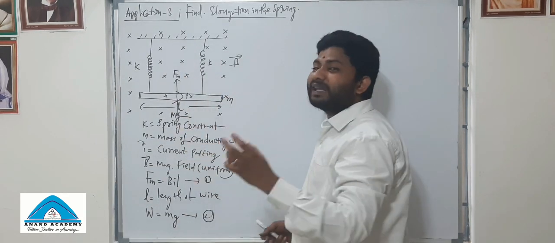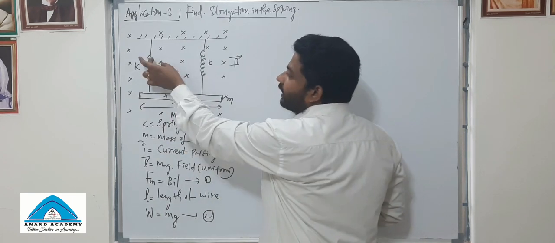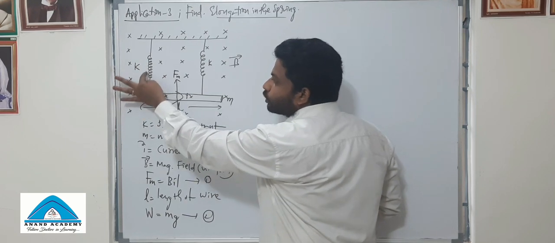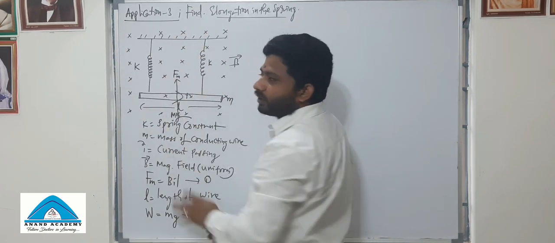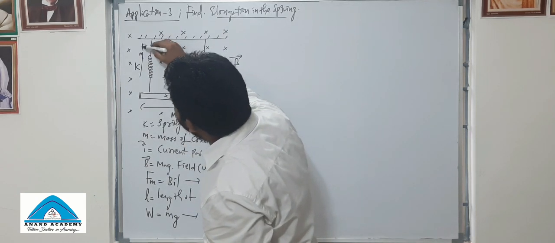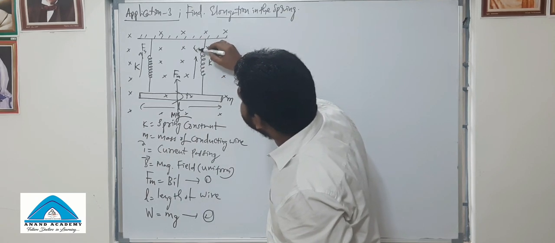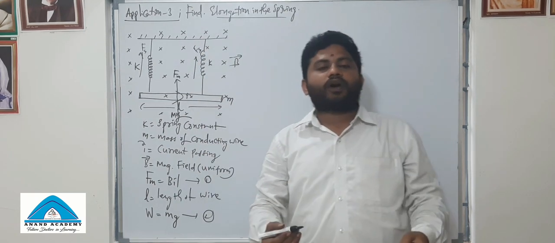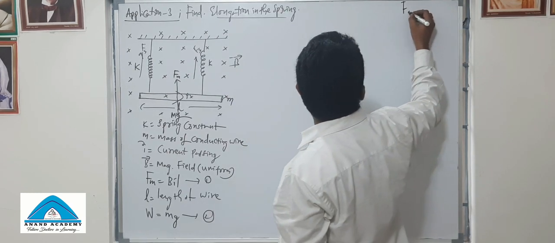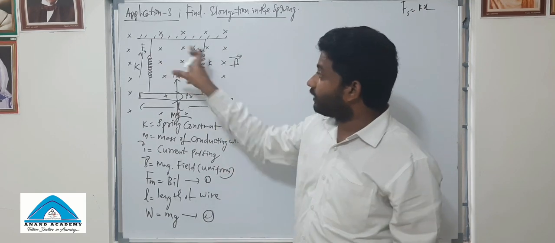in the springs, right? When the weight of the body acts in this direction, the elongation in the spring will be in this direction. Definitely the spring force will oppose the elongation, right? So this is the spring force acting, that is F suffix small s, and in this spring also the spring force will be acting. The spring force formula is K into X, right? So the spring force formula will be K into X.